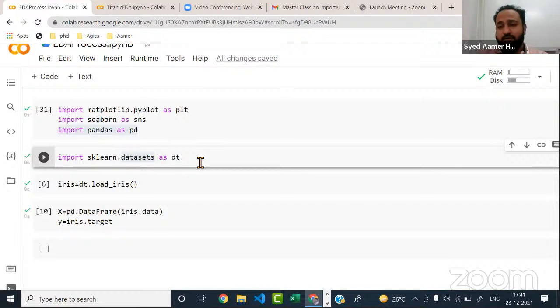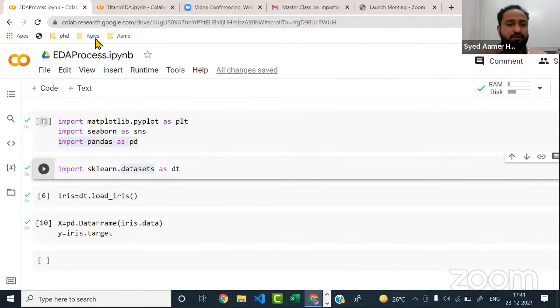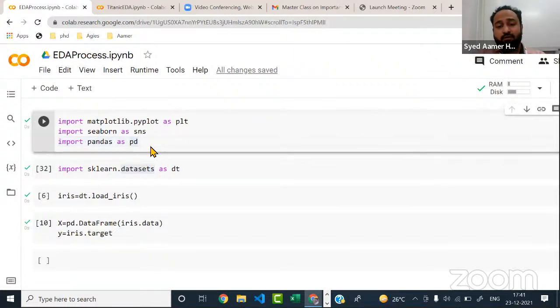It's online. You can simply go into your Drive, and from Drive you can create a new file, and in the file menu you have one option called Colaboratory. Basically, that's a Colab file, and it will look something like this. You can rename it. All right, and you don't have to import or install these libraries. They are all installed already. You get it directly online basically.